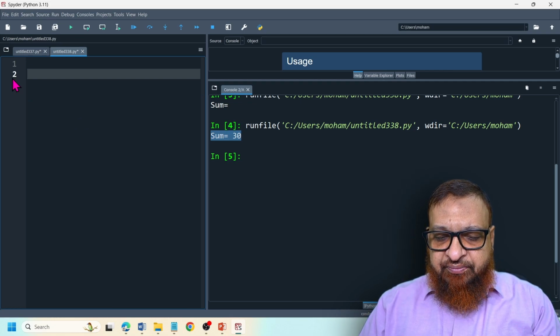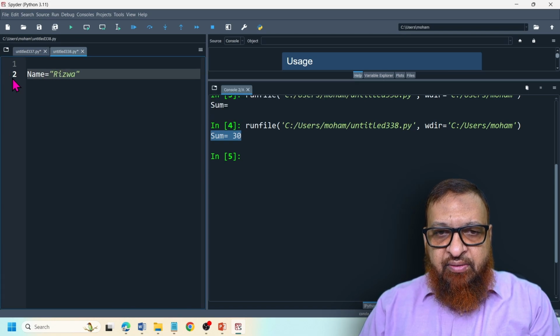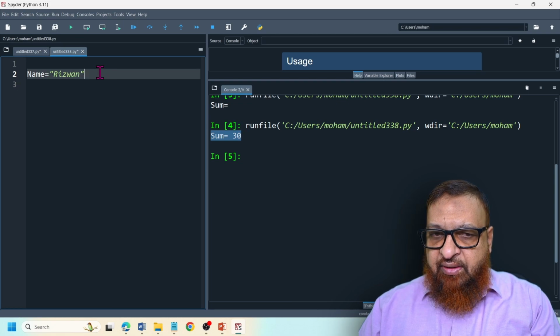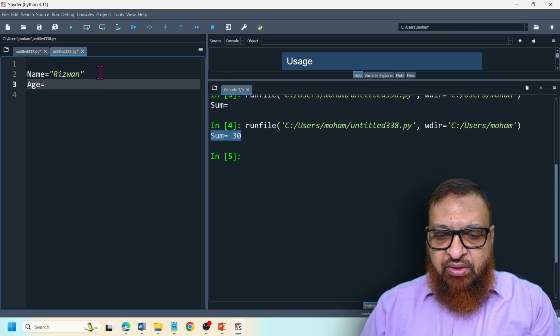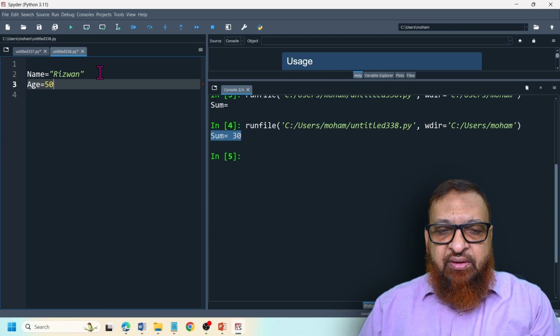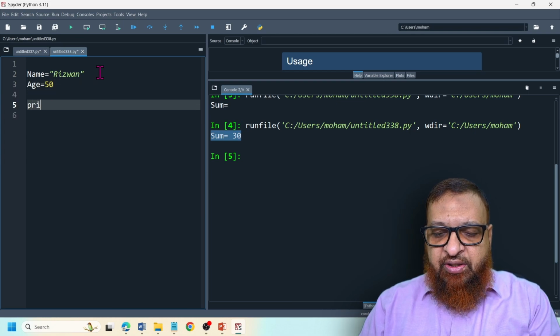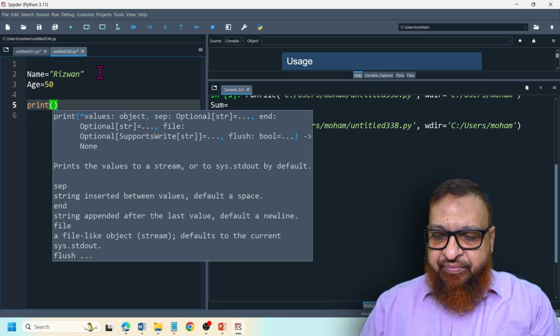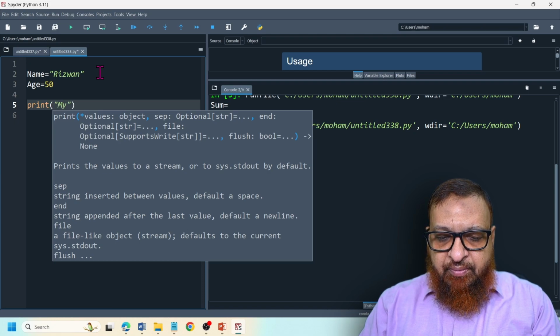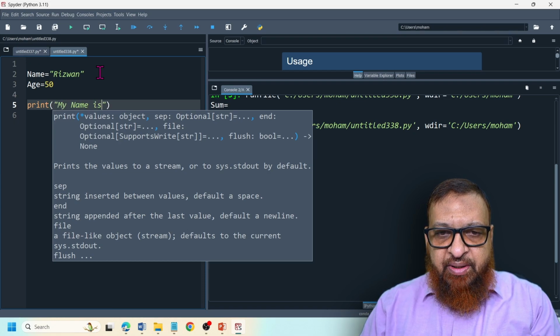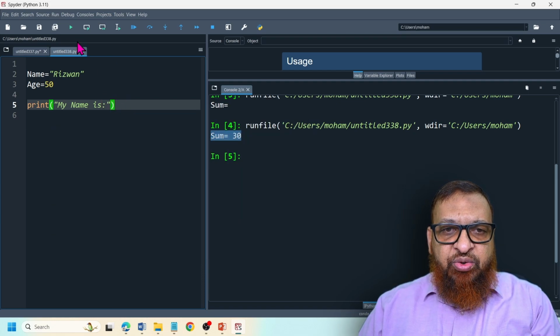Let me say here, I will take here name equal to, let me take my name Rizwan, fine. Then let me take my age equal to, let us say 50, okay. So then I will say what? Print, my name is colon, I will give. Now if I only say this one, what is going to happen is if I run